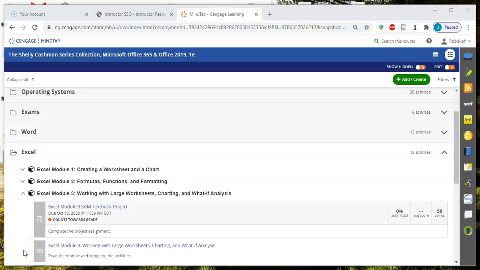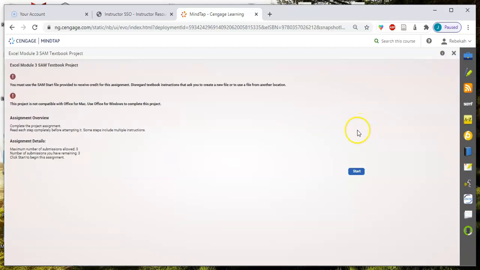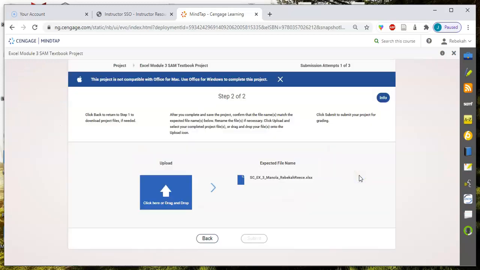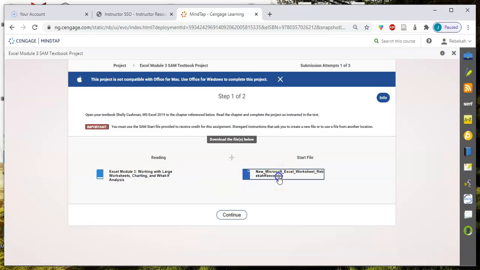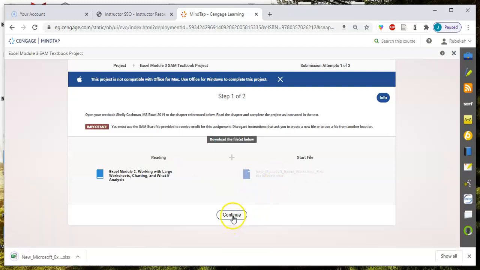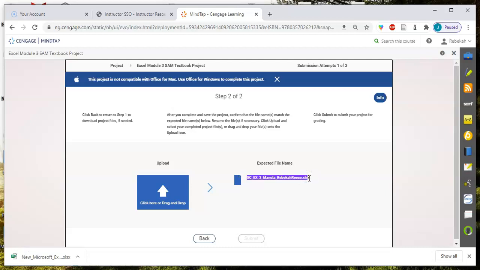This will be the video that will step you through the textbook project for Excel Module 3. The first thing that we need to do is make sure from the Mind tab that we get that start file downloaded. So we'll select it, and then once we have that downloaded, we will click our Continue button to get our expected file name. We will copy that